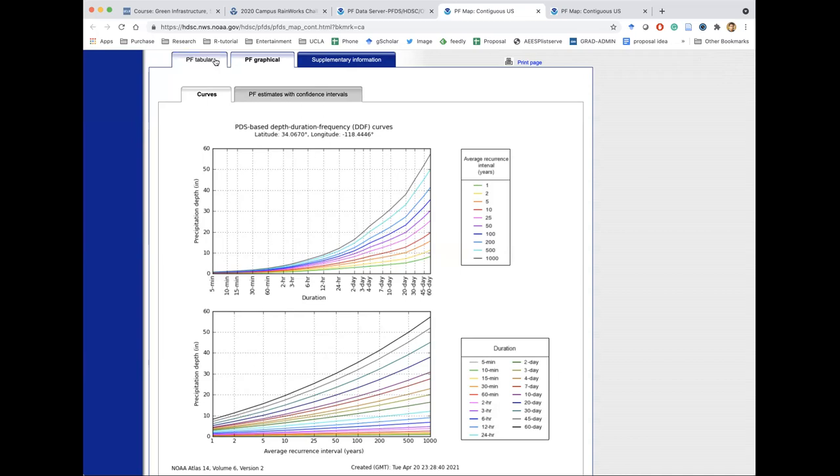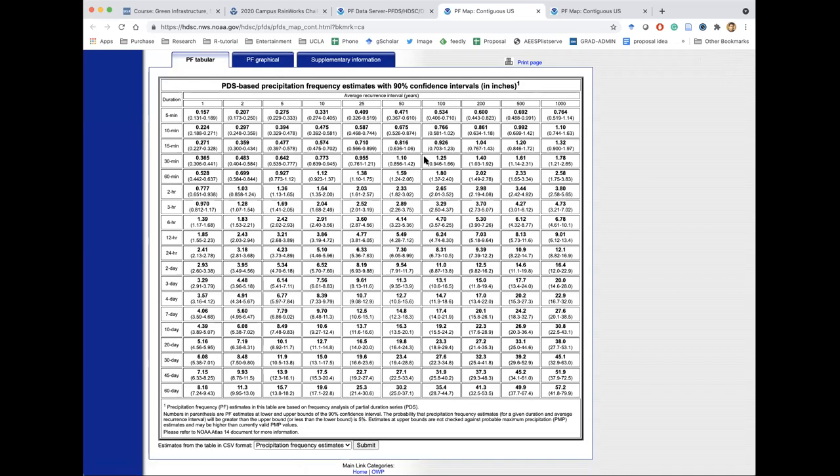And you can always go back into tabular mode and check that. So for 100-year rainfall events and 24 hours, which is this, it goes around 8.31 inches. So this is the rainfall intensity that you want to take from that, and use it for your design